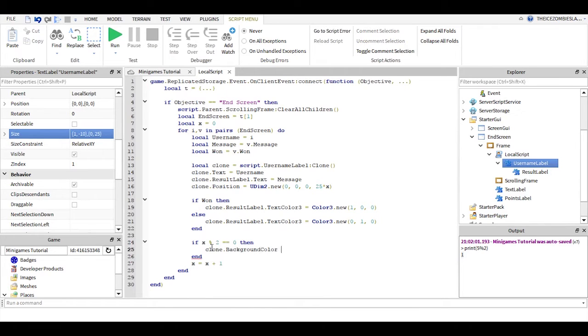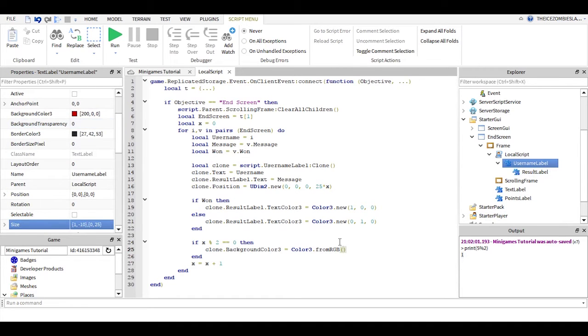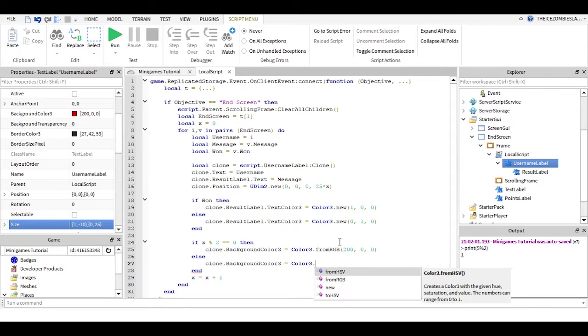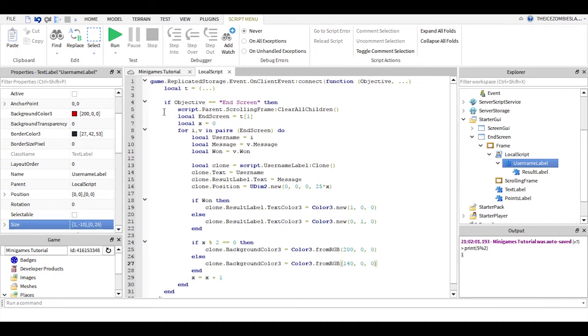Clone.BackgroundColor3 equals Color3.fromRGB, this time I'm going to do from RGB, 200, 200, 200. Else clone.BackgroundColor3 equals Color3.fromRGB(140, 140, 140). Now there's no way I can test this yet,